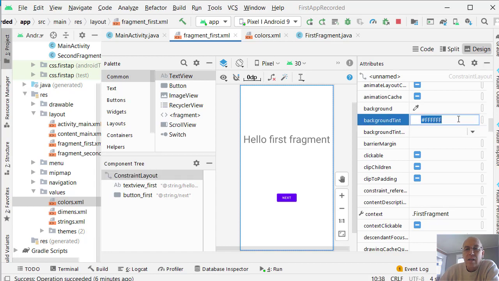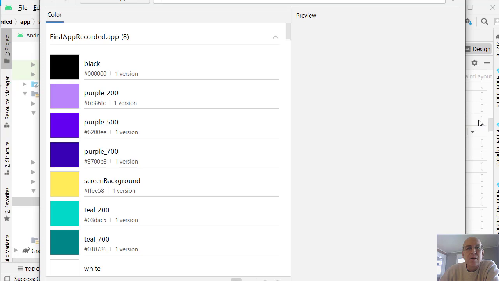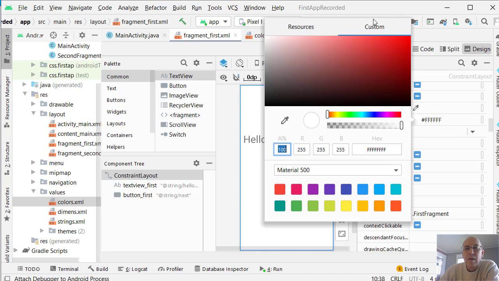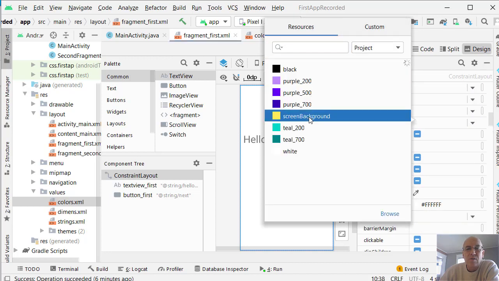So if I click on that and click on, I think, this button here, no, that's not it. Let's try this again. Background tint. There. So I clicked on the color, and then I can go into resources and choose the screen background color that I selected there for this